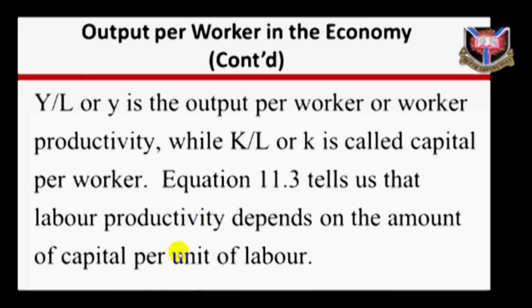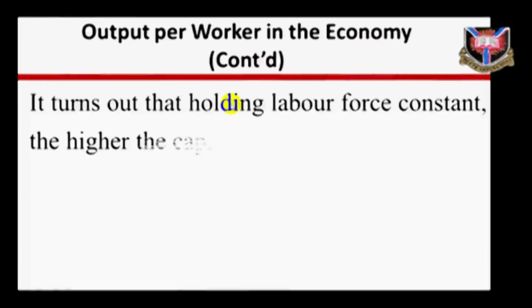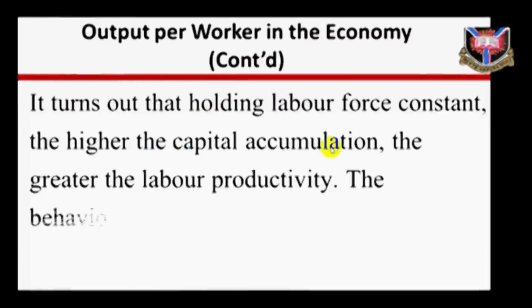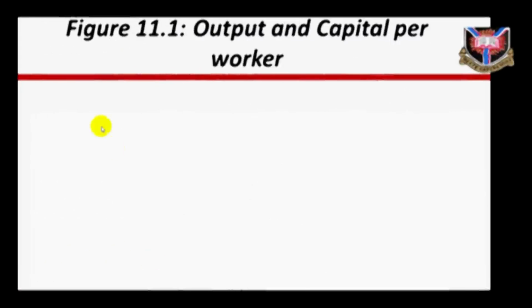Y over L, or y, is the output per worker or worker productivity, while K over L, or k, is called capital per worker. Equation 11.3 tells us that labor productivity depends on the amount of capital per unit of labor. It turns out that holding labor force constant, the higher the capital accumulation, the greater the labor productivity. The behavior of y as k increases is depicted in the graph below. Note that as capital per worker rises, output per worker also